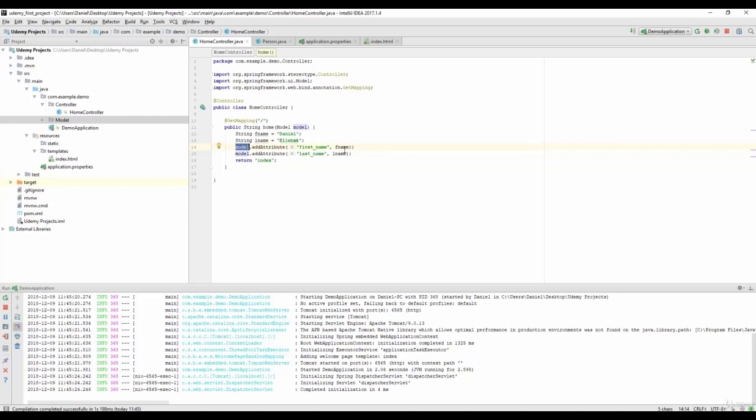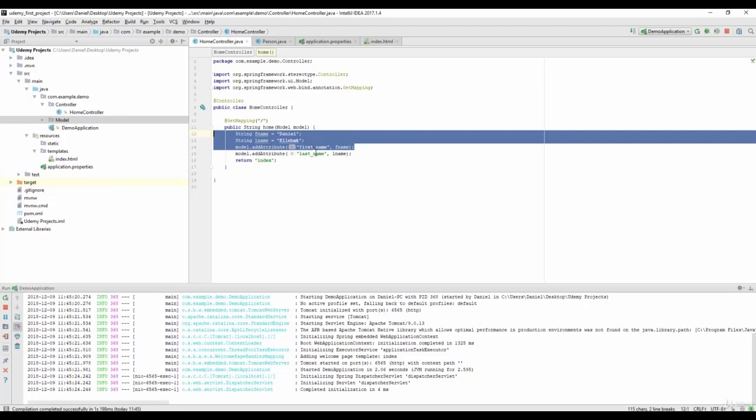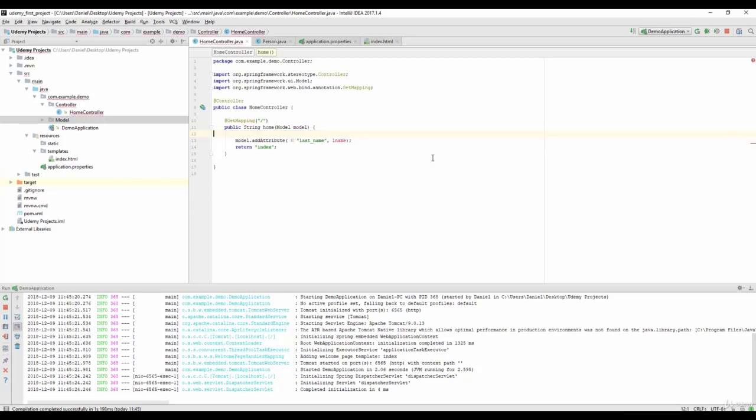So let's change this code. I'm gonna delete the 3 lines here because we don't need to initialize our 2 strings, and we only need 1 attribute. And you're gonna say, I need a new person object. I'm gonna call it Bob. Set it equal to new person. I use the constructor and say Daniel